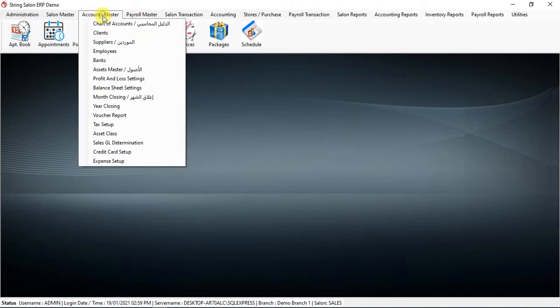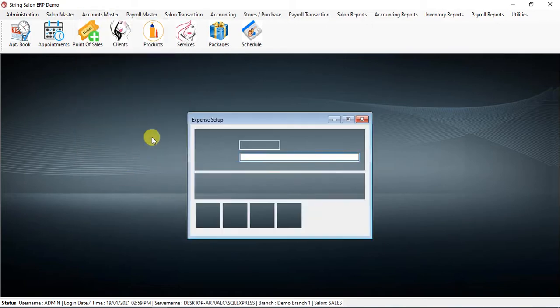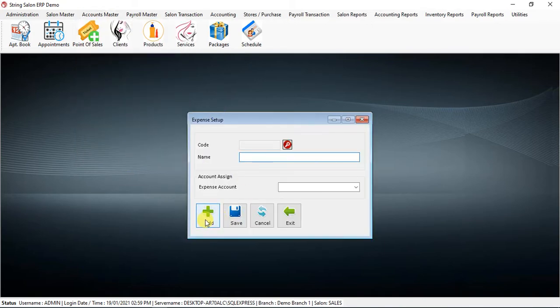For that you will go to Accounts Master, then there is Expense Setup. Press add, give the expense type a name, for example food expenses. Then you need to select the expense account. So how to create this account?